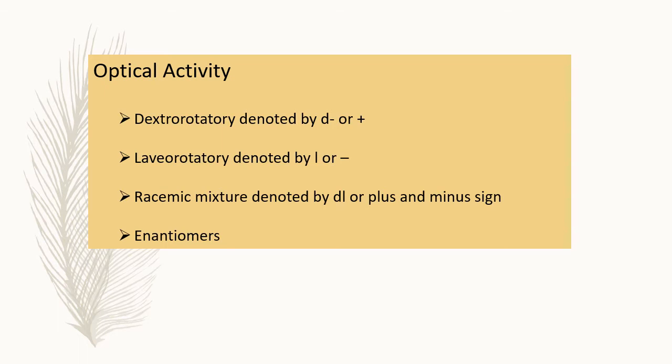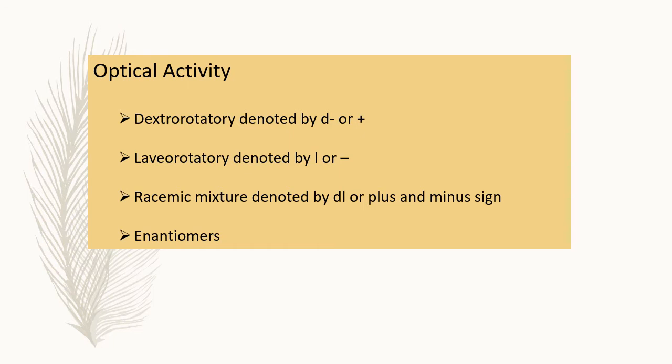The isomerism in which isomeric compounds have different optical activity is known as optical isomerism, and these optical isomers are also called enantiomers. That means these isomers have equal and opposite optical rotation. The optical isomers which are non-superimposable mirror images of each other are called enantiomers or enantiomorphs or optical antipodes. For example, 2-chlorobutane.